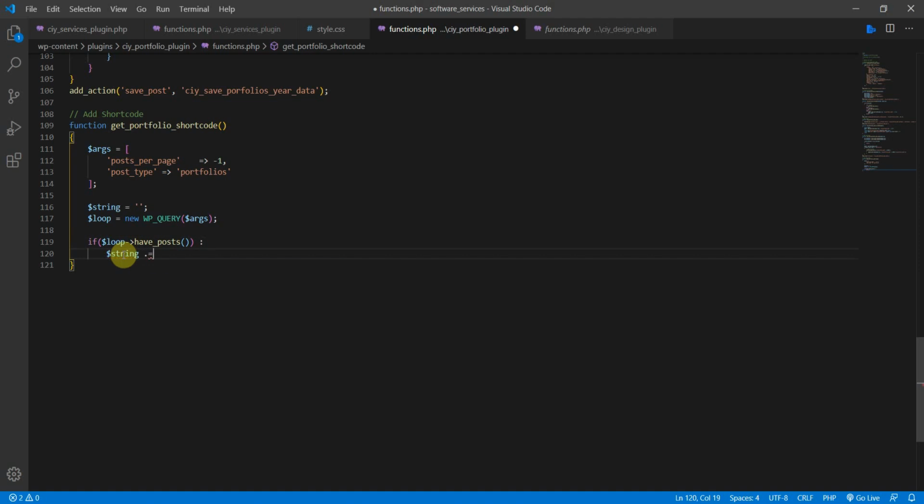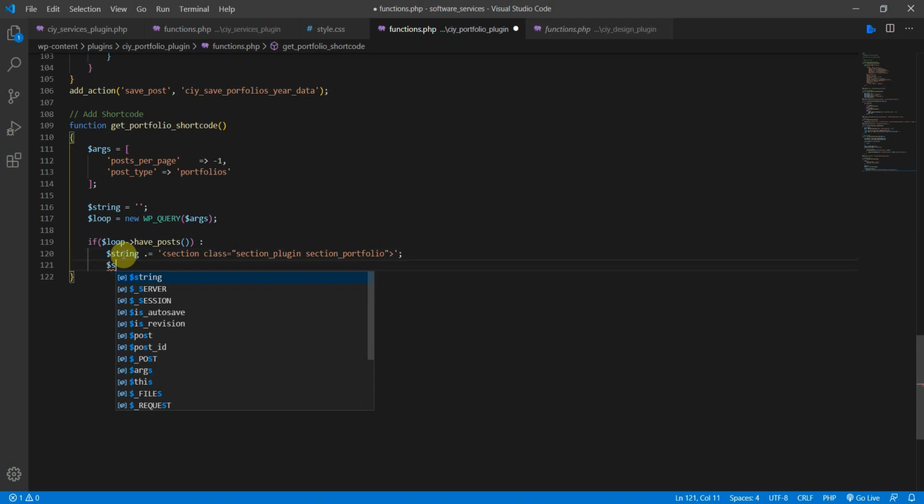And in here we need to append and create a section. And in this section we need class of section_plugin, and a section_portfolio. All right, and then close that one off there, semicolon, and then another string,